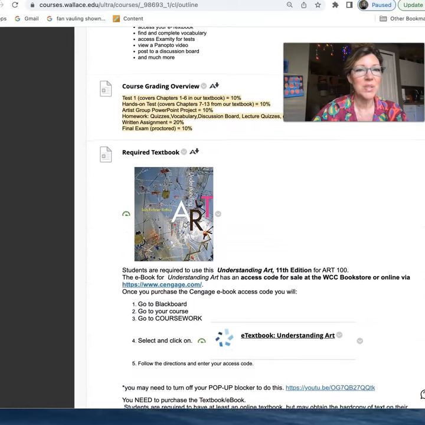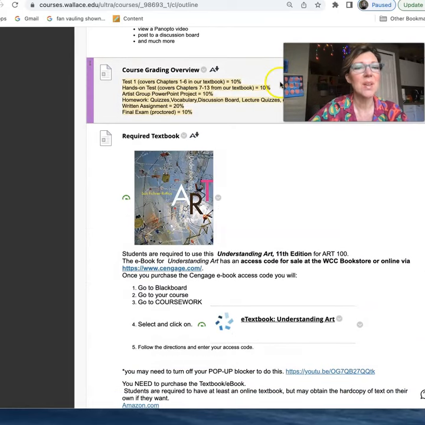Okay, and course grading overview. So test 1 covers chapters 1 through 6. That's worth 10% of the course grade, so that's pretty big. Make sure you know your vocab. Your hands-on tests, that's chapters 7 through 13. Those all equal 10% of your grade, and that's where you're making little mini artworks and turning those in, and